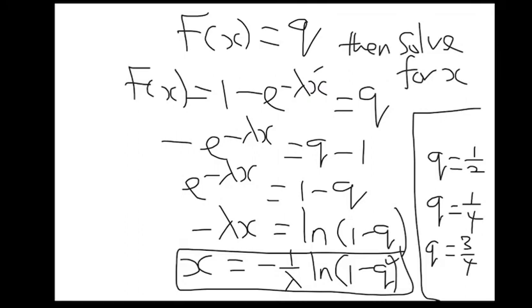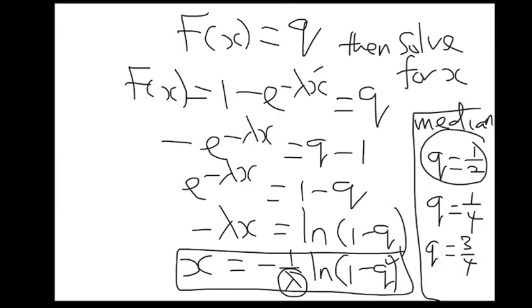So which means if you have a continuous probability distribution and you are asked to find the median, when q equals half, that is going to be the median. This time, you want to find the median of an exponential distribution, so you're basically going to plug in q. The moment you know your lambda, which is the parameter of the distribution, you can use this to figure out what the median is, what the lower quartile is, and what the upper quartile is.